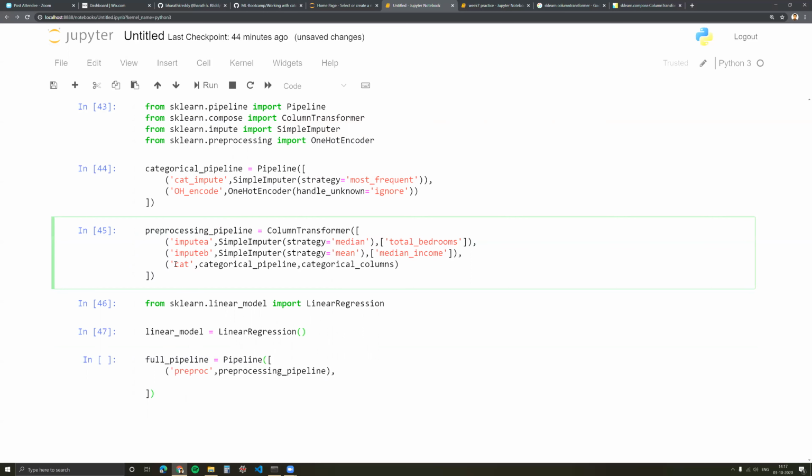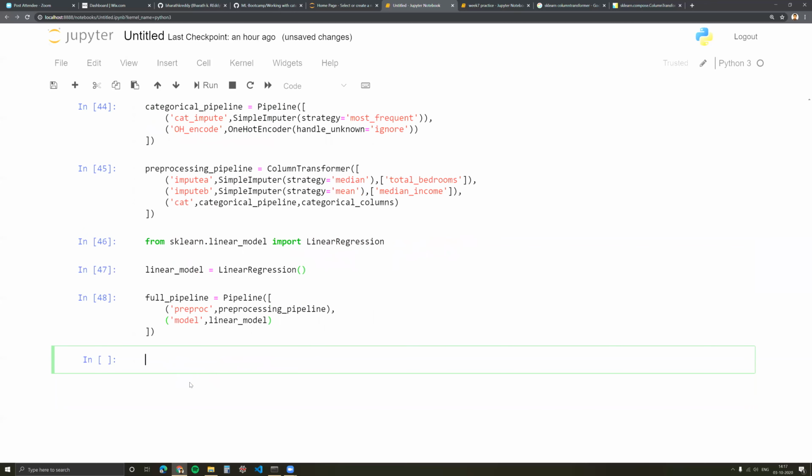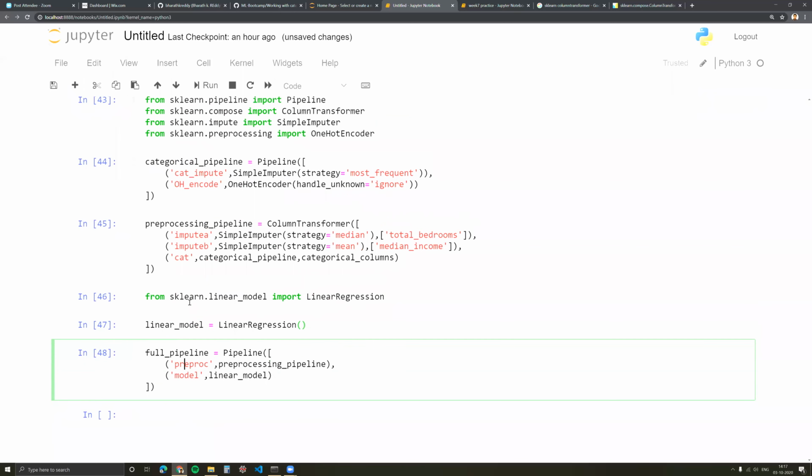So I'm running this entire thing here without mentioning a column. It's just a pipeline. It will run on all the columns, but it will filter out everything because in the pre-processing pipeline I've mentioned the steps and the columns on which it should run. And then I'm going to run the model, linear model.